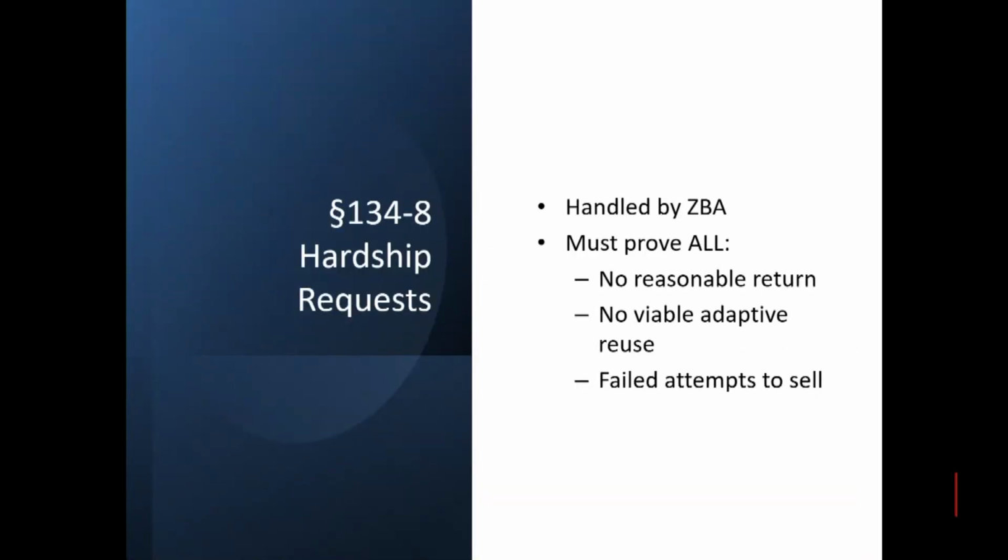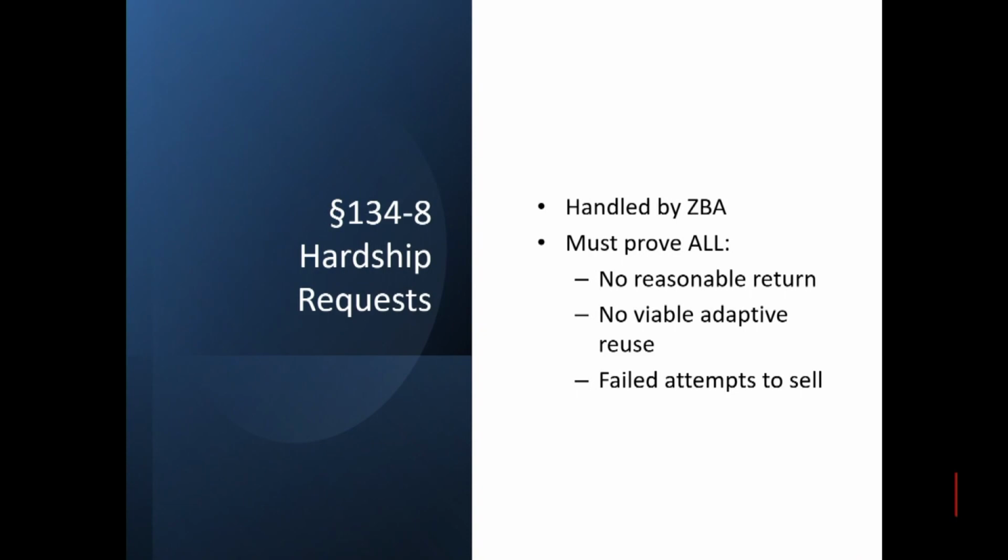There is a release valve or an opportunity if an applicant applies for a certificate of appropriateness from the planning board and they are denied, or I don't know if they necessarily have to be denied, or they can just choose to go this option. There is a request for a hardship, and that would be handled by the ZBA, not the planning board, and in order to receive that hardship granting,